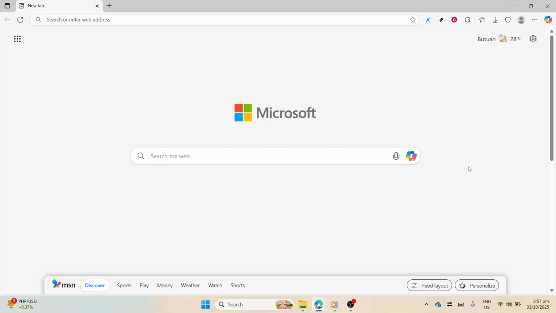First, let's start by navigating to the correct download page. To do this, open your preferred web browser on your desktop. Chrome, Firefox, or Edge will all work fine for this process. In the address bar at the top of your browser, enter the URL